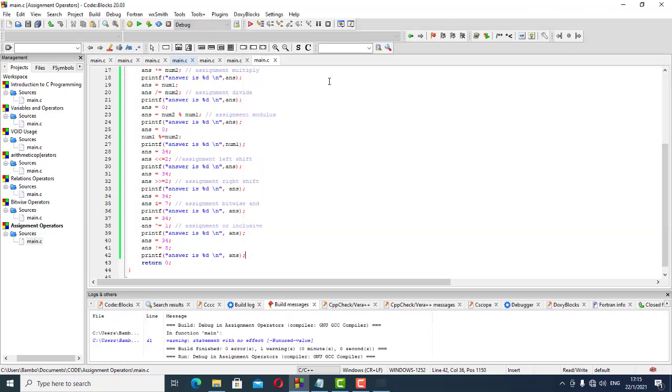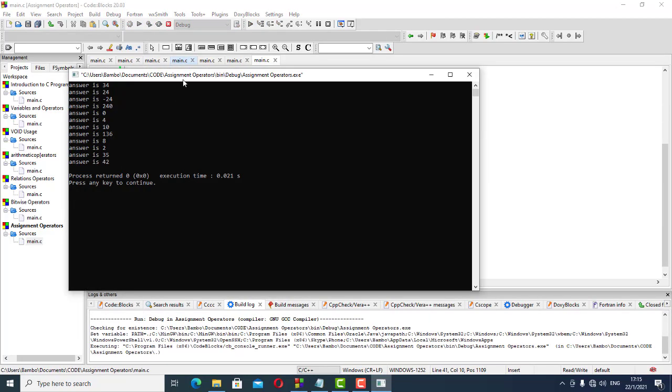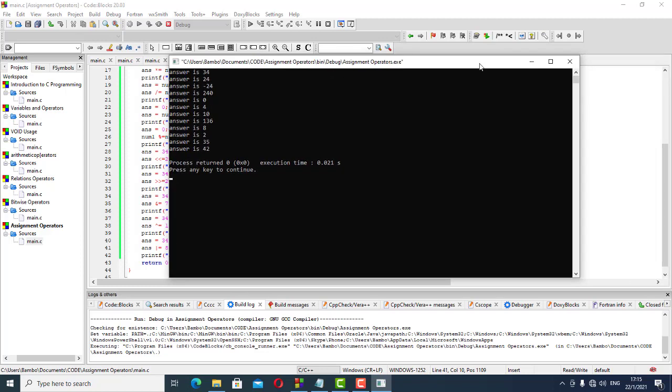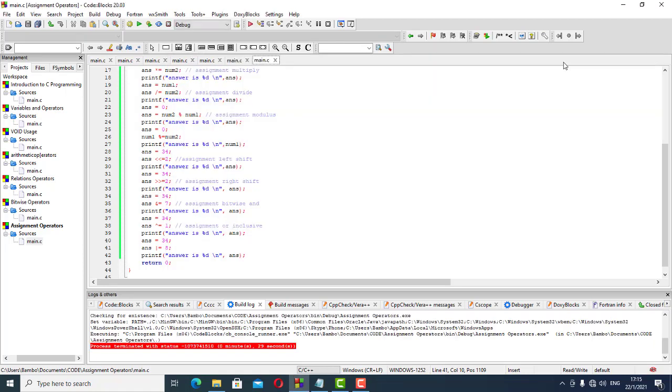Oh, sorry, I've got my mistake there. I was supposed to put the right one. I'd actually made an error on line 41. I'd put an exclamation mark instead of the straight line. So that then gives us the values that we get with each and every one of these elements in our assignment operators. So this is how we use our assignment operators, and the results that we